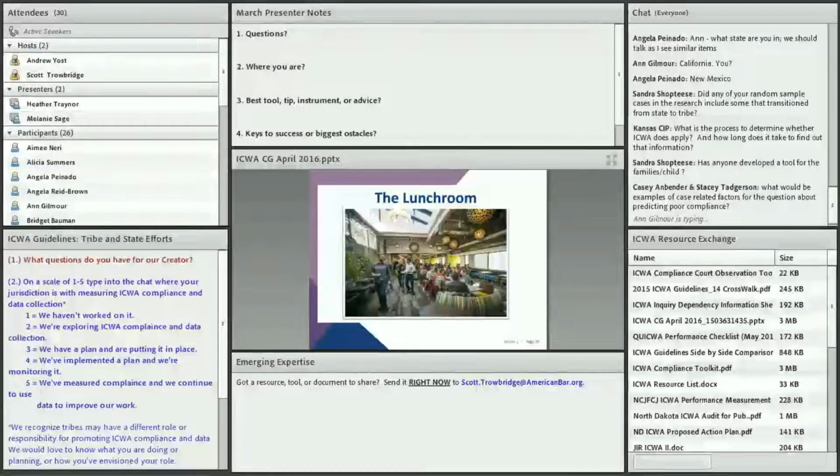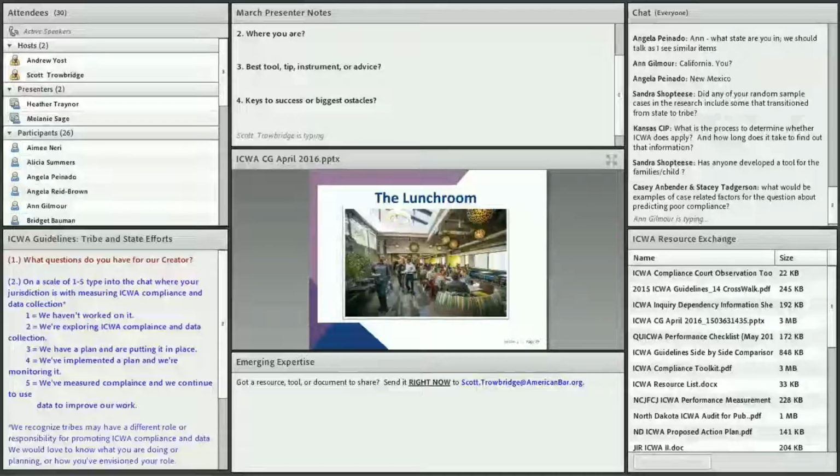What is the process to determine whether ICWA does apply, and how long does it take to find out that information? Yeah, so these cases are flagged in our system when the court determines that ICWA does or may apply. So they've gotten some kind of information that makes them think that ICWA may apply, and then they hit this little flag button on the case, and those are the cases that are sent to us. But then, hopefully, after that happens,